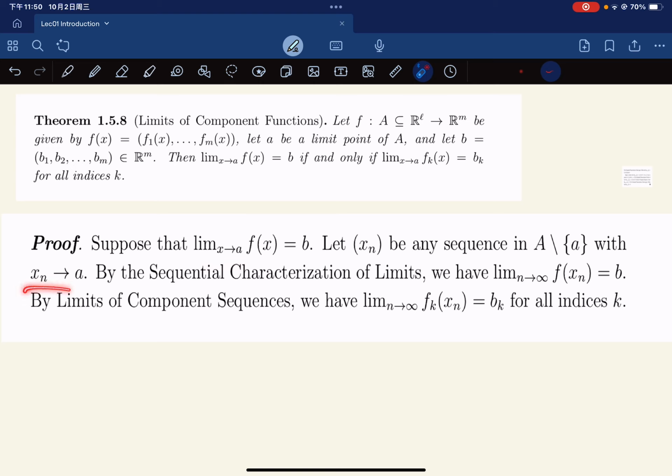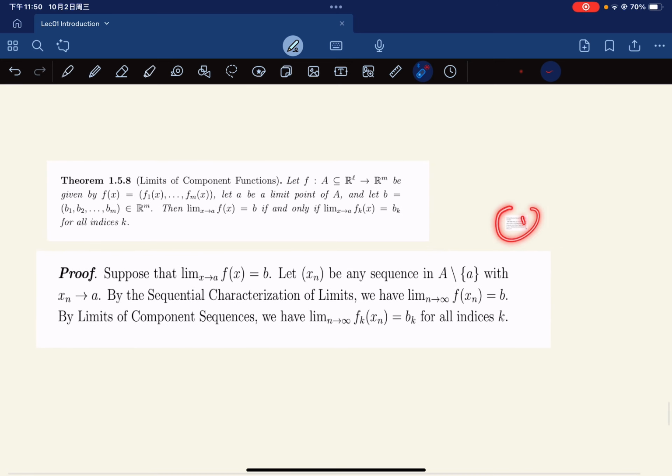So by sequential characterization of limits, we have this is true. And again, we have the limits of component sequences, right? We have this is true for all indices k. And